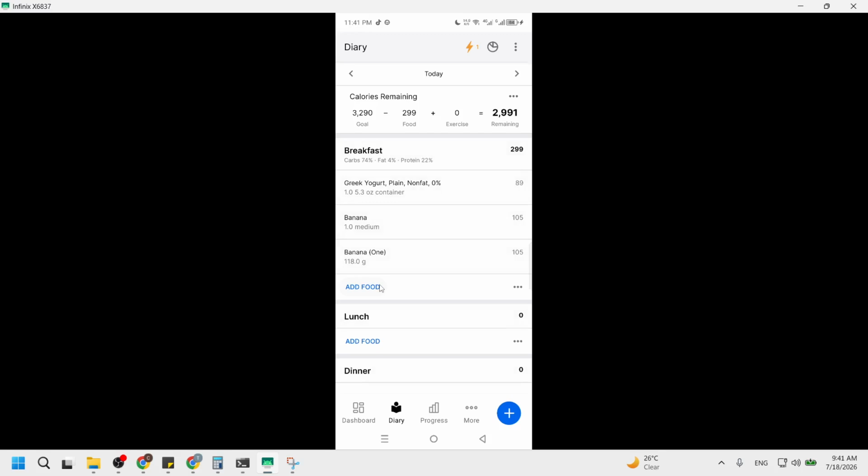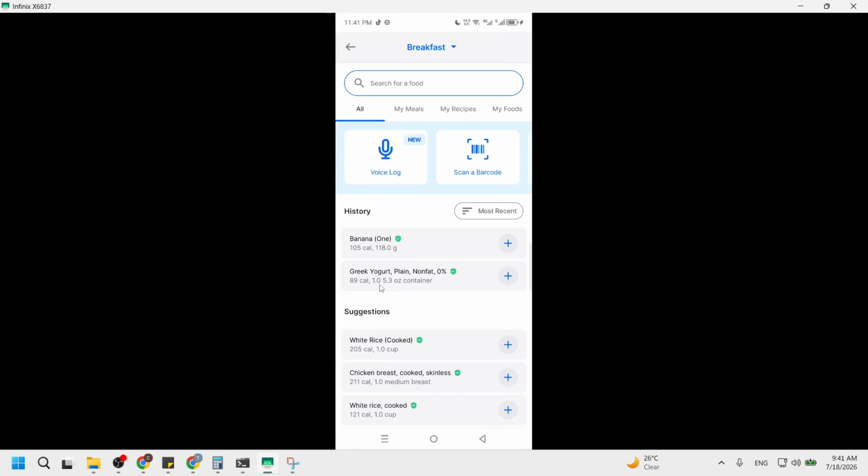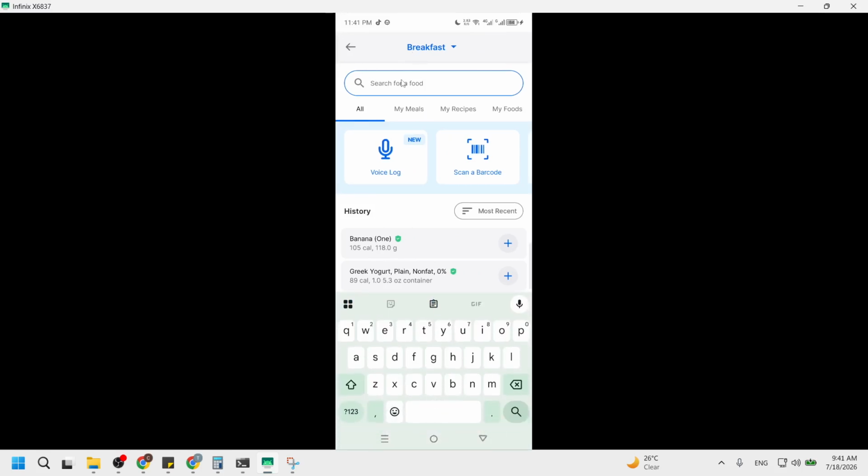Now, click Add Food. You will find this option prominently displayed within your diary. This action is significant because it initiates the process of entering your food items. Once you tap it, a new screen will appear, allowing you to search for any food item you want to log. This is the core functionality of MyFitnessPal, making it easier for you to keep track of your nutrition. Seeing the Add Food button is reassuring, as it indicates you are moving in the right direction to solve your issue.